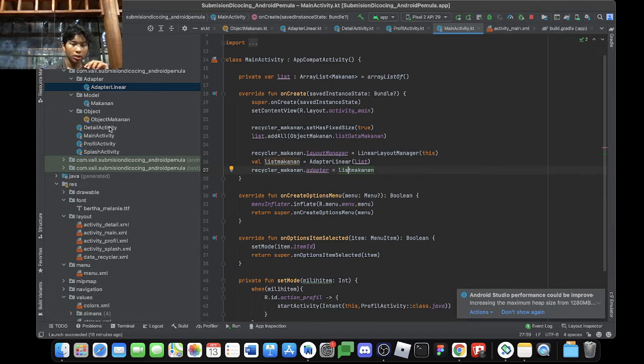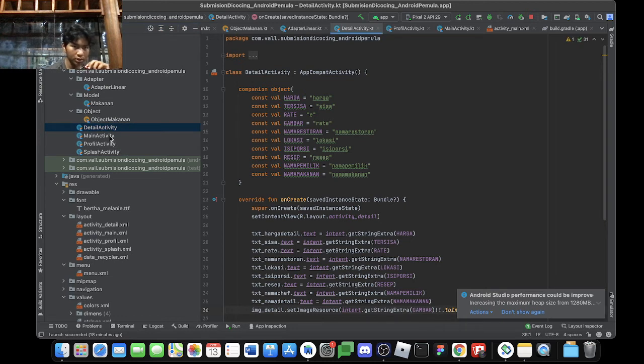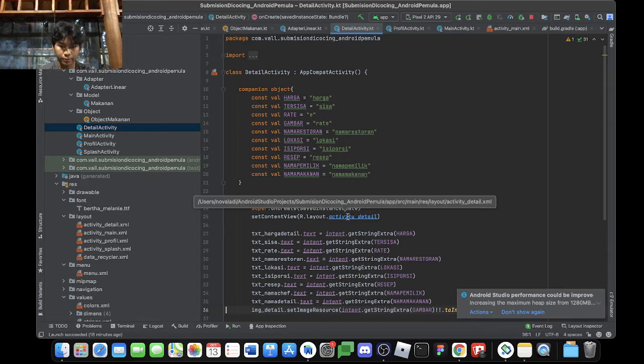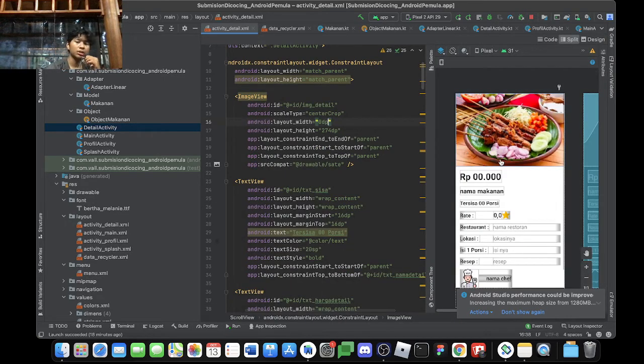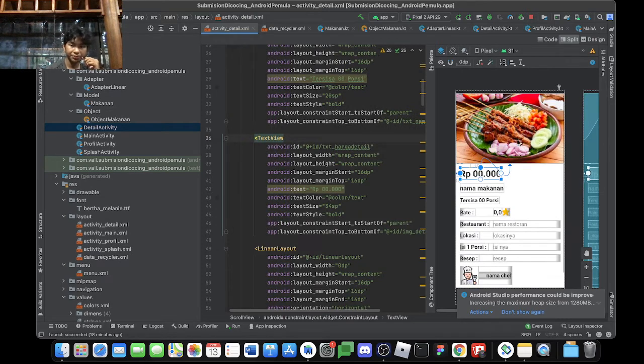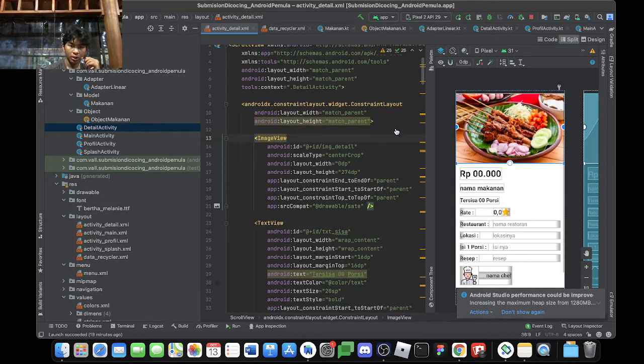So now we'll make a detail. First make the detail, and inside of the XML or the layout, design as you want. I'm using this, and don't forget all of this needs an ID.